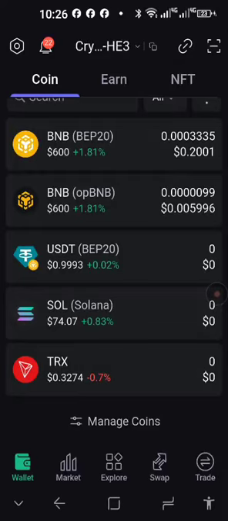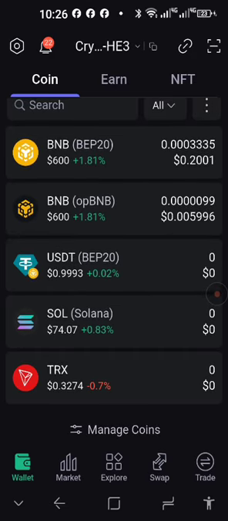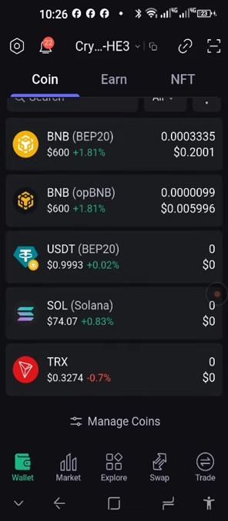Great people, let's have a look at how to add USDC BEP20 for Fortune Protocol. Many members, or actually all members in Crypto Fortune, have used USDT BEP20 and the BEP20 BNB. Those are the coins you needed for Crypto Fortune, but Fortune Protocol is not using USDT, it's using USDC on the BEP20 network, the Binance Smart Chain network. Let's see how to add it.